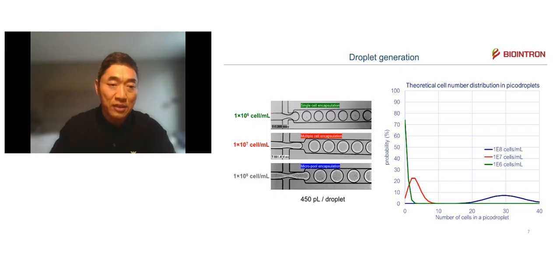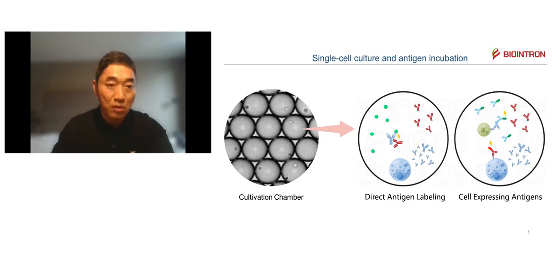As I said, we load both cells and bioassay reagent. The cell concentration we set at 1 million per mL. Only at this cell concentration will one cell in one droplet be formed. If it is higher, we found that it is not good. So at 1 million cells per mL, single cell encapsulation will happen. After this, the microfluidic chip is transferred to the so-called cultivation chamber and cultured for a few hours, and we will stain and